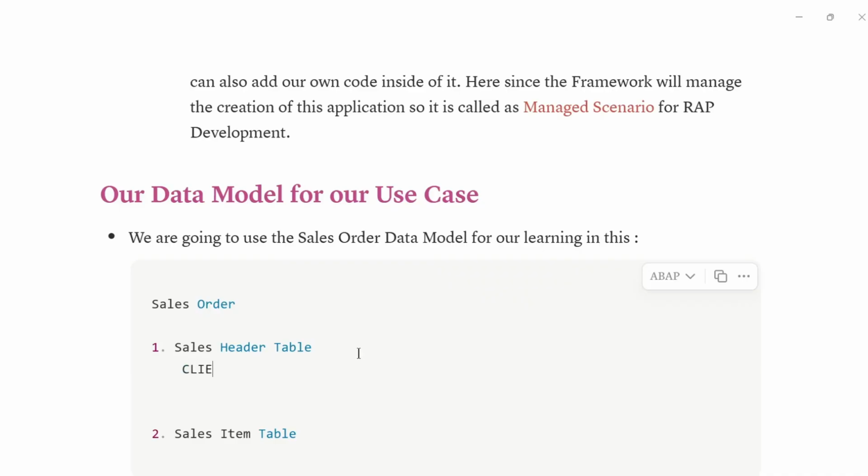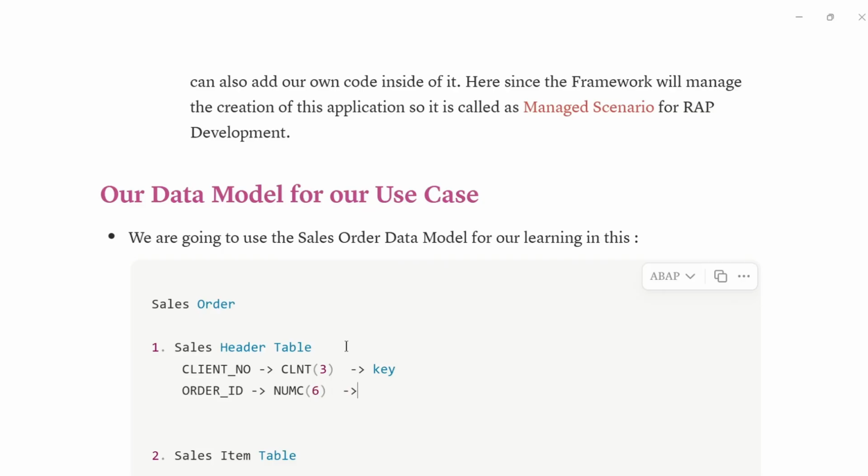First of all, the client number will be there, and I'm taking CLNT. This will also be a key. Then I will have the main primary key, order ID,